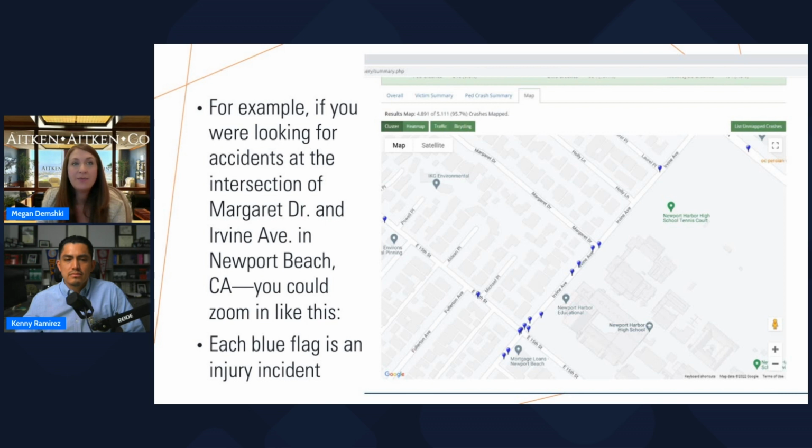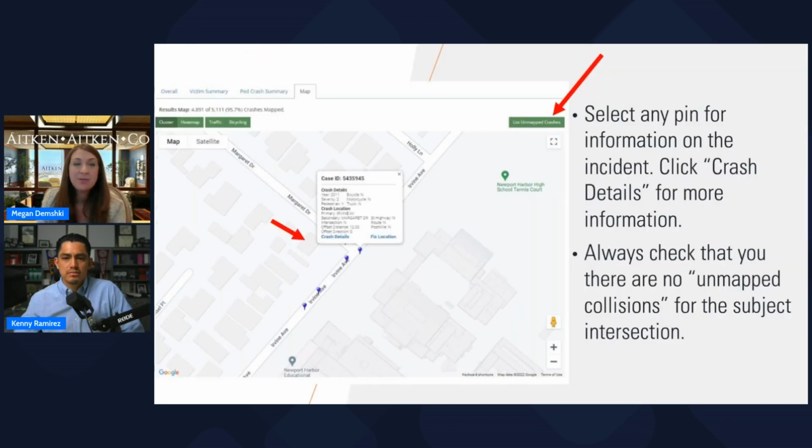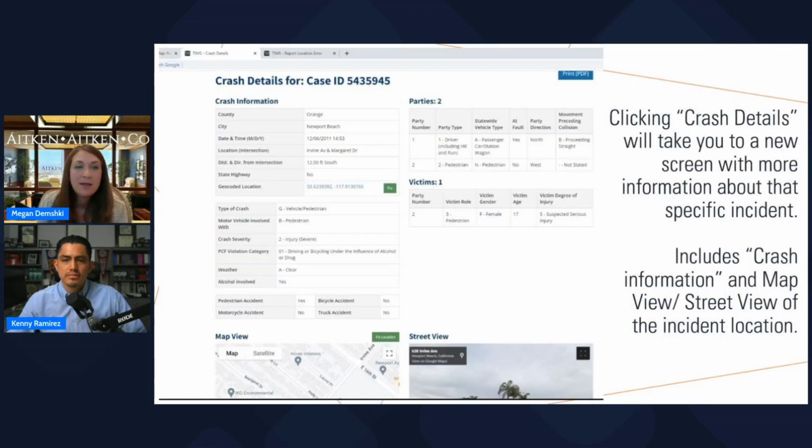By pushing on any blue flag, it's going to bring up just some very, very basic information, including the case ID, some crash details, the location. But then when you push crash details, that's when it's going to populate a new screen for you that lists quite a bit more detailed information. This is everything that is found in the less pretty version of the SWITRS report, but it is much easier